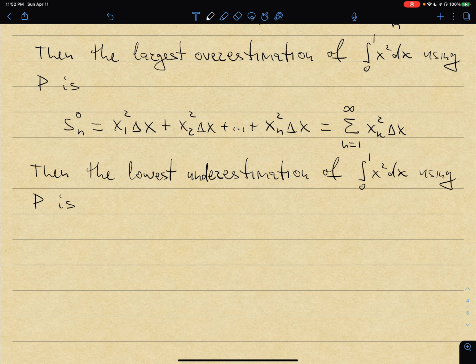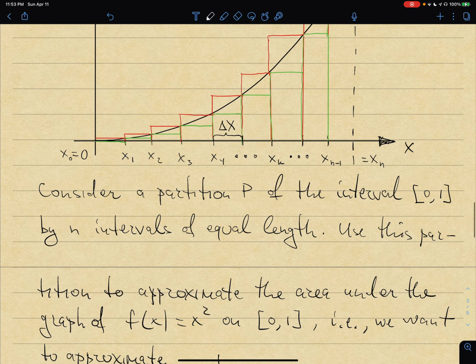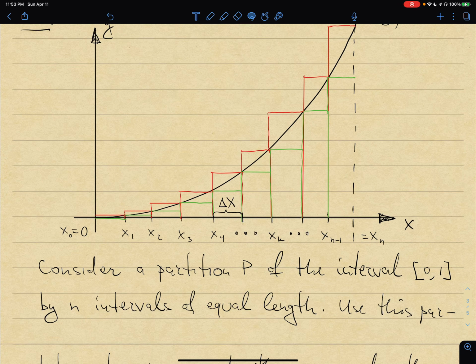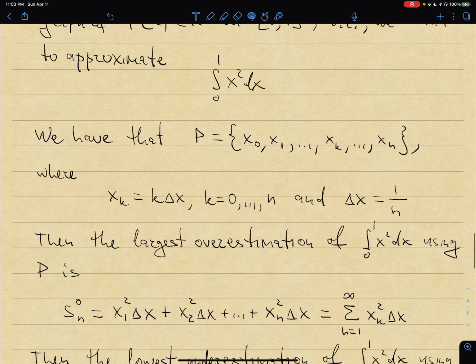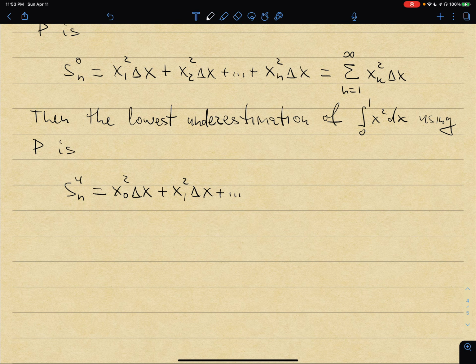P, using P again, is going to be now S underestimation using n rectangles of equal length. So we're using left endpoint, so this will be x0 squared times delta x. The left endpoint of a second interval is x1, so it's x1 squared times delta x, plus etc. And then let's look at the last rectangle. Last green rectangle has a height given by the value of the function at xn minus 1. So plus xn minus 1